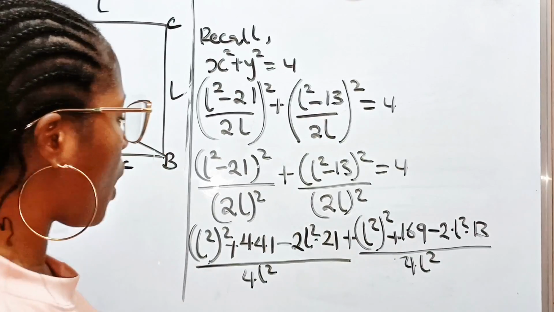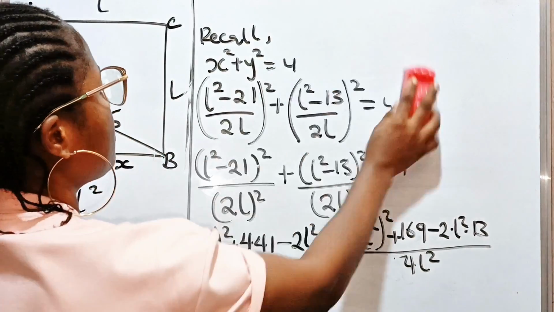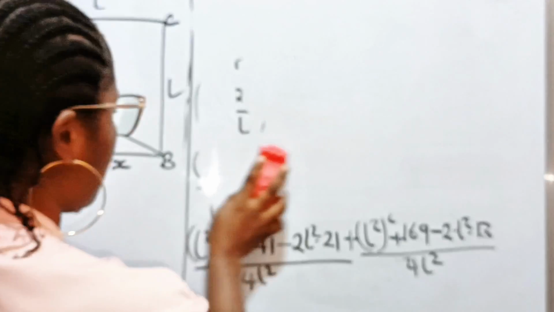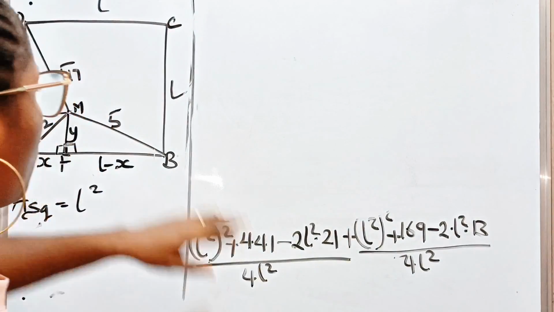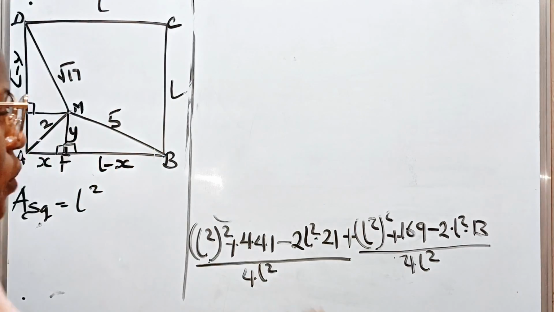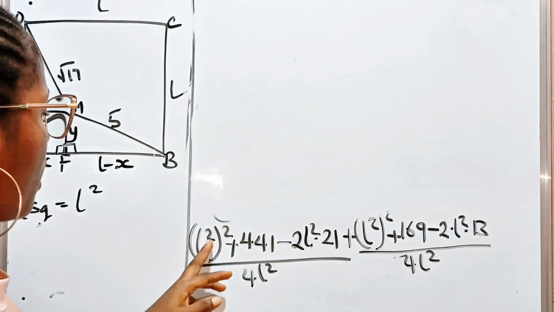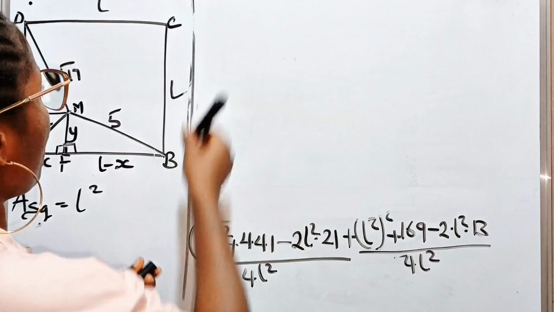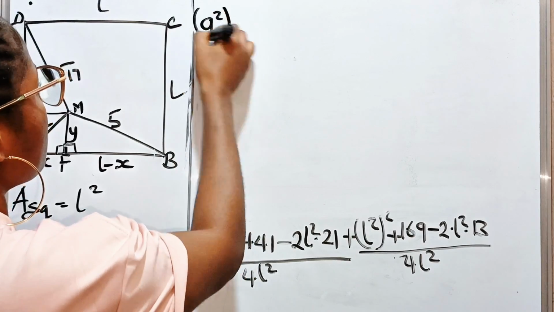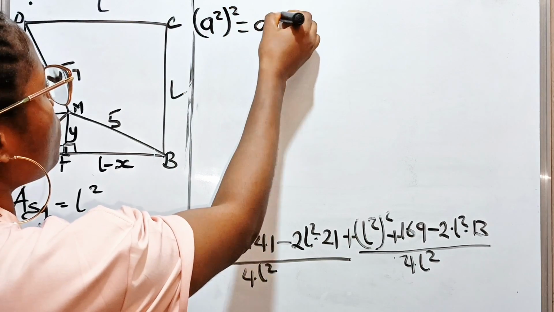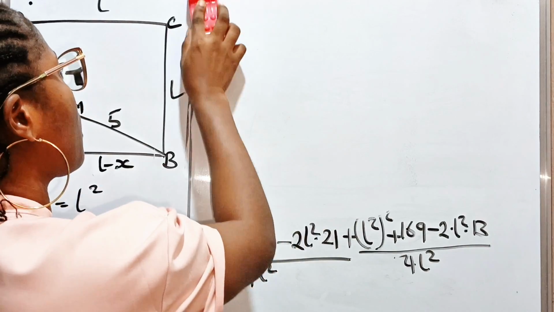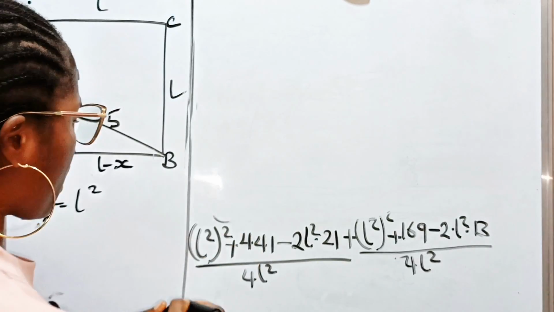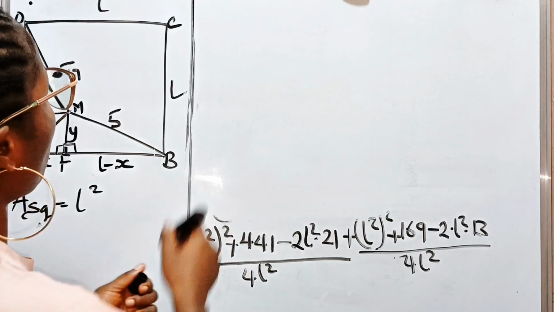Okay, let's continue. Now, we can write this as, don't worry, we're almost there. Remember that you are looking for what? The value of the area of this particular square, which is already here. So (L squared) squared, remember that (a squared) all squared is a to the power of 2 multiplied by 2, which is a to the power of 4. Okay? So that means that this will be L to the power of 4